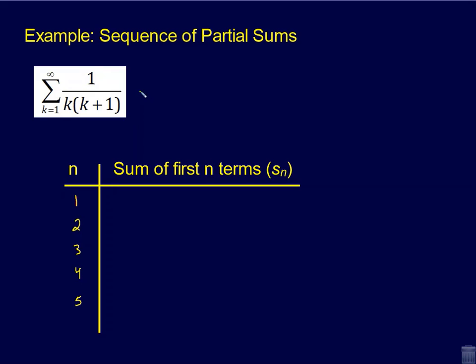So let's just first write out the first few numbers of this series. The general term is 1 over k plus 1 times k, where k is starting at 1. So the first term is going to be 1 divided by 1 plus 1 times 1, which is 1 over 1 times 2. And then if I keep going the next few times, it'll be 1 over 2 times 2 plus 1, 1 over 3 times 3 plus 1, and so on,